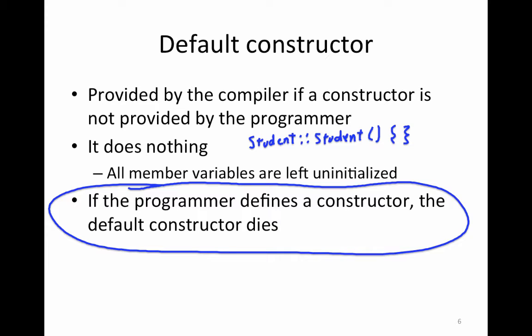If the programmer defines a constructor, the default constructor dies, meaning the compiler is lazy and it won't construct one for you. It only constructs a constructor if you don't provide any. So this slide covers why number 1 is incorrect. The default constructor does not exist when the programmer provides a set of